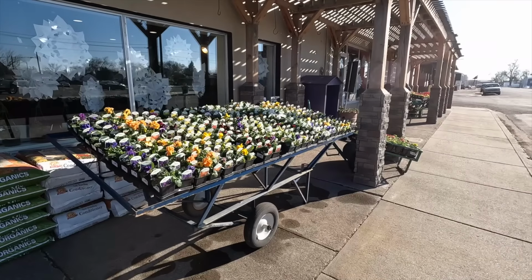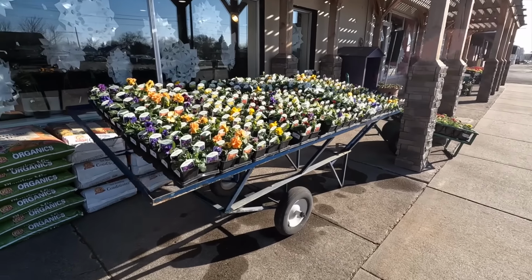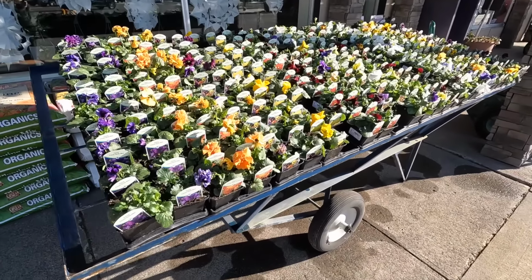We got it all out and it is so beautiful. So we're going to start right up here in front of the store, work our way back to the greenhouse. We were blessed with a beautiful sunny day today for this project, and this cart is beautiful and full of